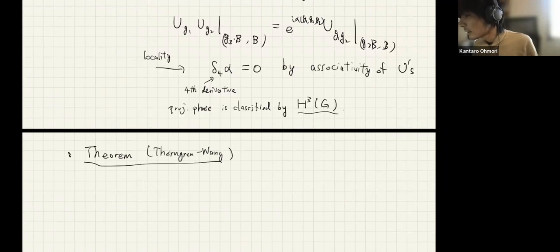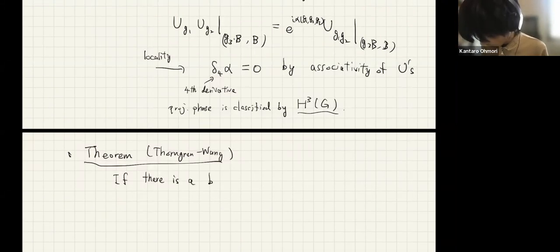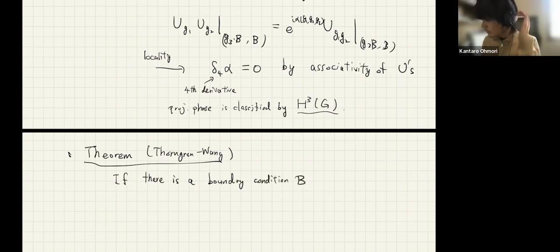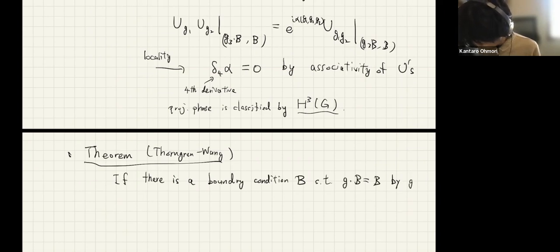It says that if there is a boundary condition B such that it is preserved by a symmetry, so gB equals B for a group G, where G is of course a symmetry of the theory,